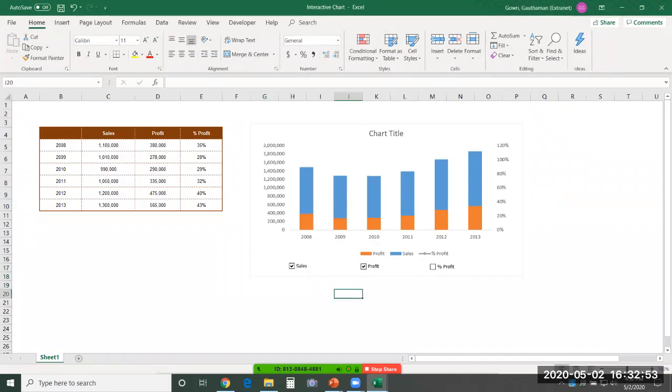See, this chart allows us to choose a series. So I want to compare only profit and profit percentage over here. Only those two will be displayed. Or I choose sales and profit. Only these two will be compared. Let's say I don't want profit. Only sales has to be displayed. So it enables you to choose the series that you want to display on the chart. We have got three series here. Within these three, you choose what you want to compare on the chart. So you can change that dynamically. We'll be teaching you these advanced charts and many more. Actually, I have taken only a few examples over here.